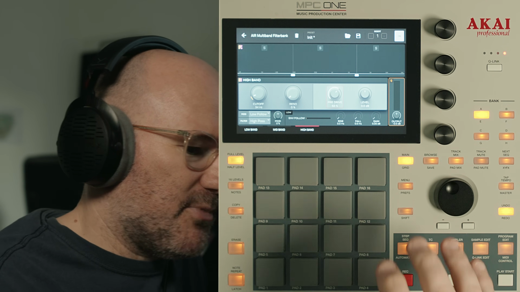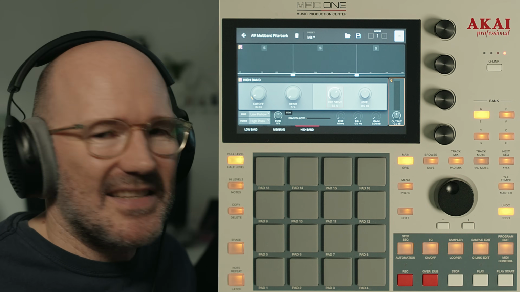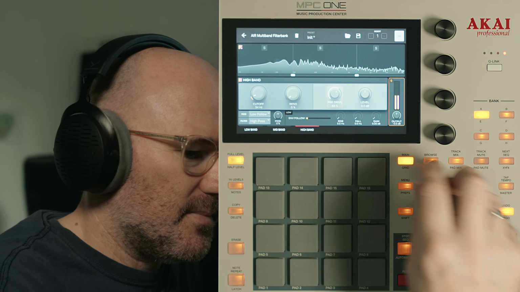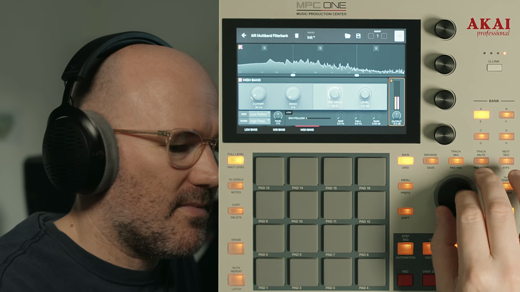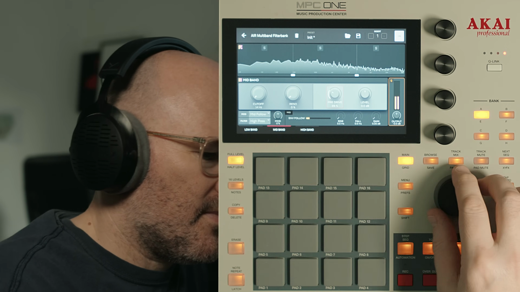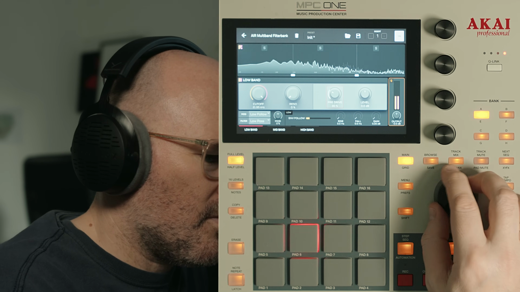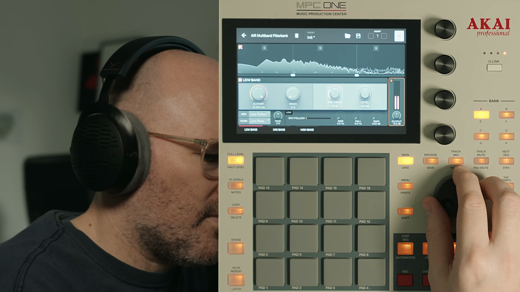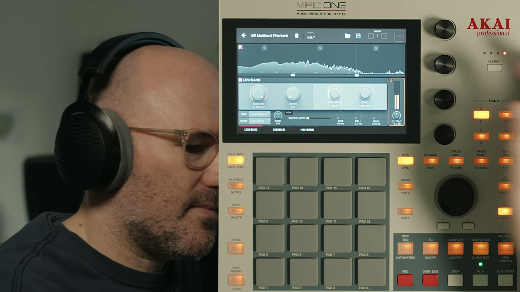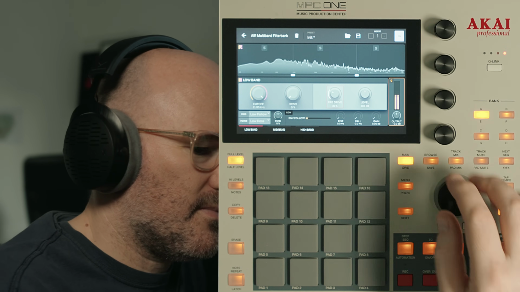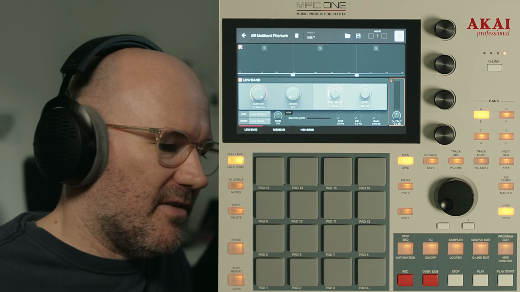With this high band pre-drive, I can really bring out that ringy, sizzly sound. So you see how you can use the saturation, the pre-drive, on the individual